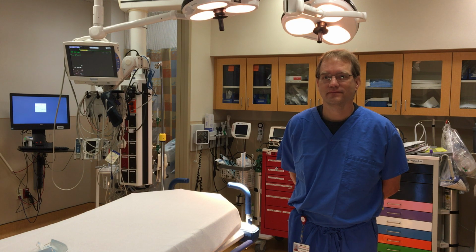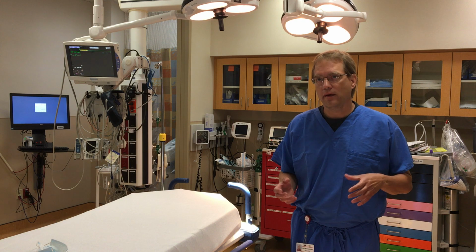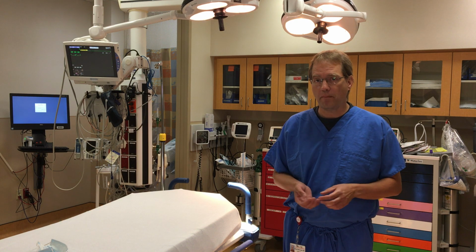As you walk through the ED, you see different pods labeled. Can you tell us a little bit about how that works? Sure. So when they rebuilt the emergency department, there's a central hub, and then we have 4 pods, which are